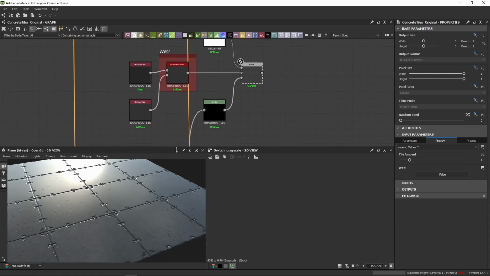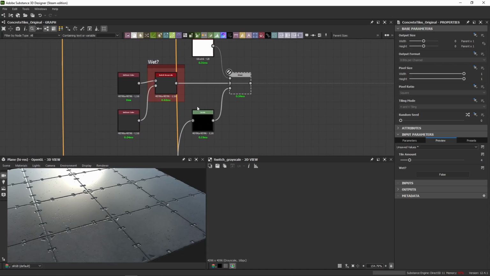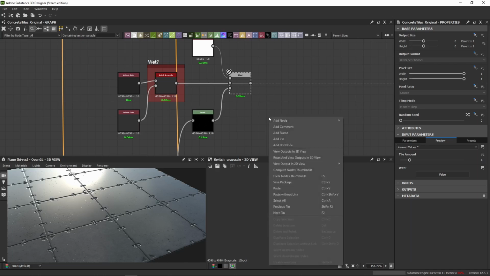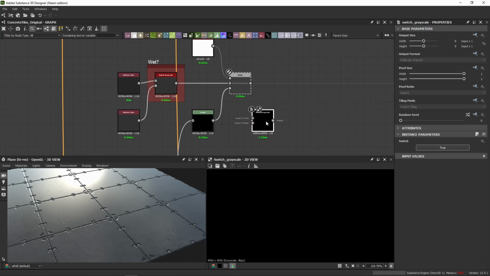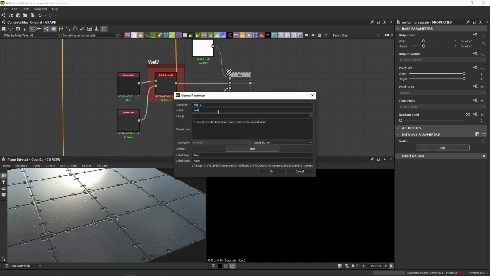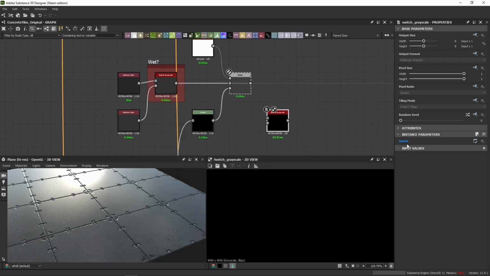So right off the bat, I do have a boolean for whether it's wet or not. If you create a switch grayscale, because roughness is in grayscale, you can expose a new graph input, call this wet. I'm going to call it wet tutorial. And by default, I'm going to set it to false because I don't want the wet version to be the default version. Then we hit OK, and then it makes that option